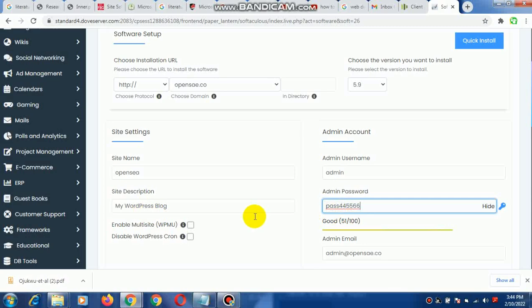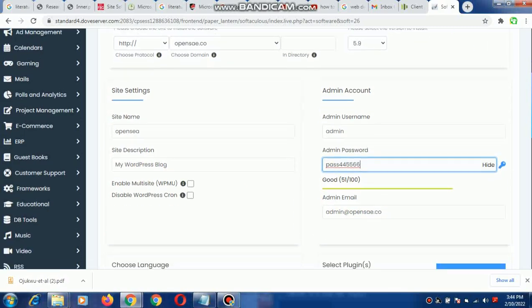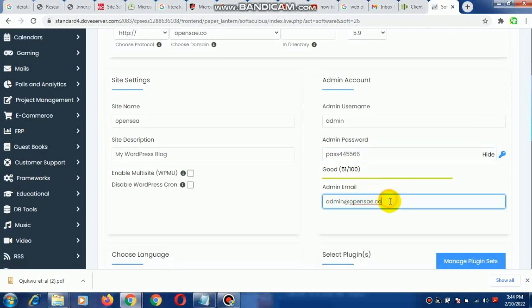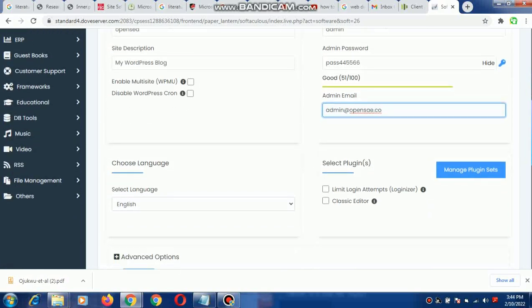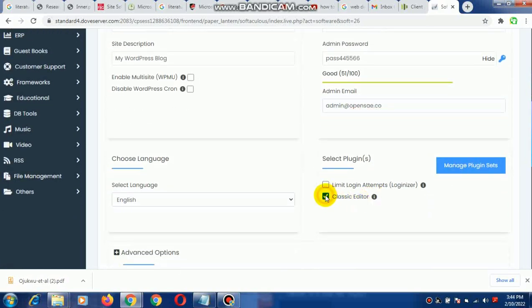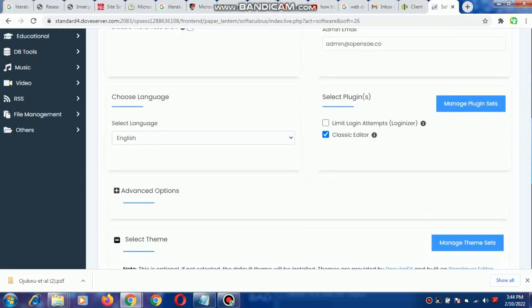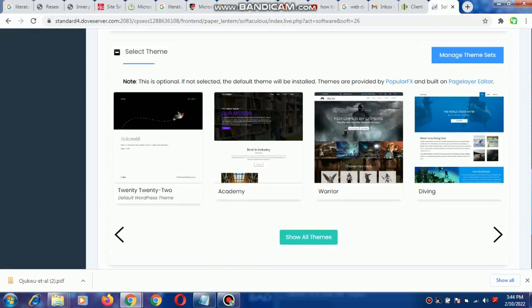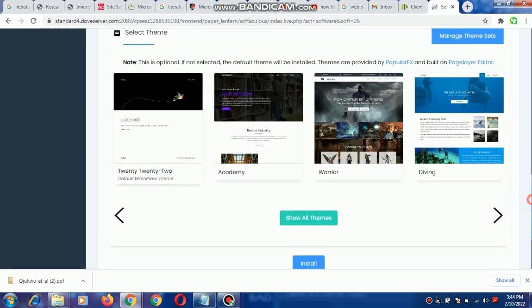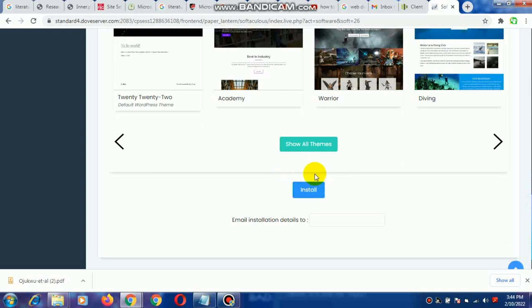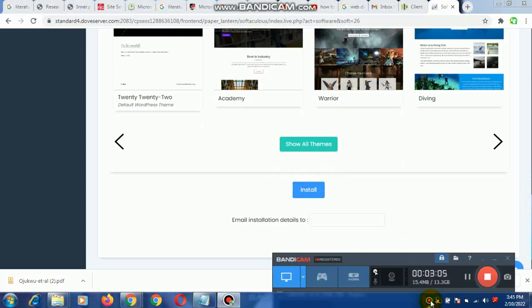Then you need to set your password. Okay. Now this password, you must save it somewhere. The username and password, you must save them somewhere, because if you don't save them, you might not be able to log in again, or it's going to be difficult. So make sure that you copy them and save them, right, before you finally hit on the install button to start installing. Right, so it's that simple. That's how to install your